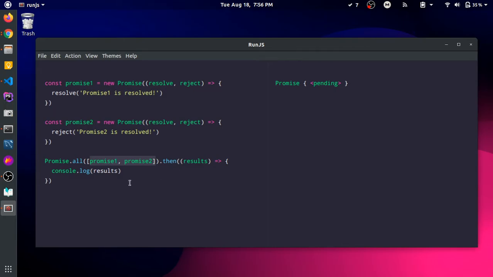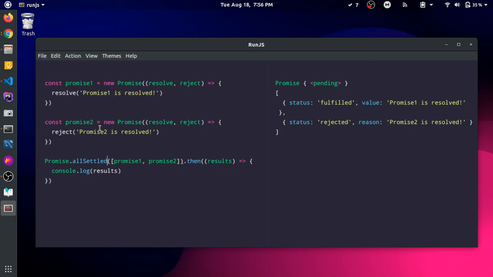And let's see what happens when we use Promise.allSettled, and we can use Promise.allSettled like so. And as you can see, even if promise2 got rejected, we still got the result, and this time around we have also got the status of the promises as well, and we have got this in terms of an object.